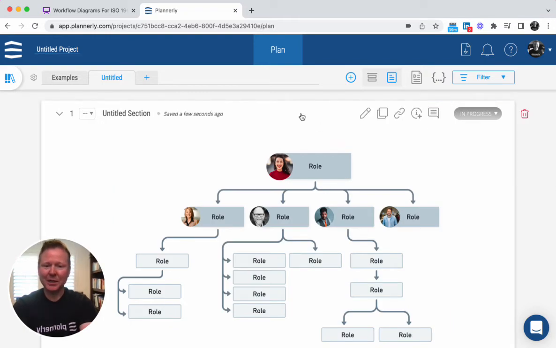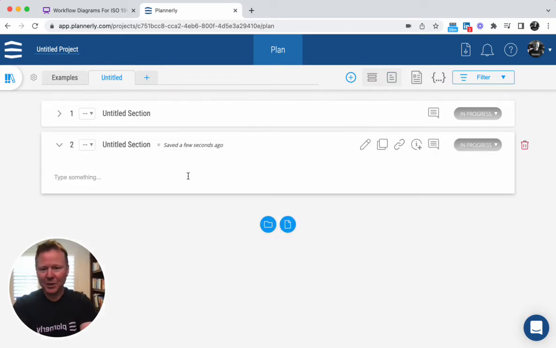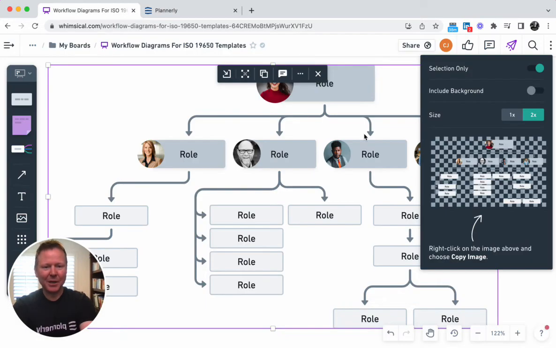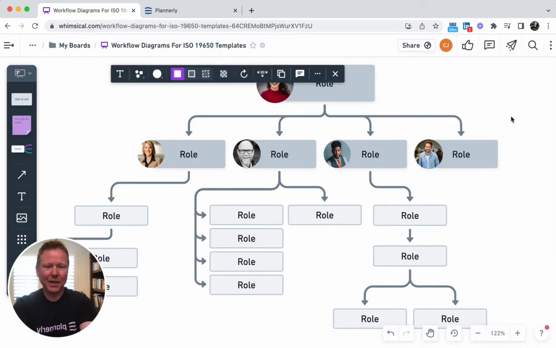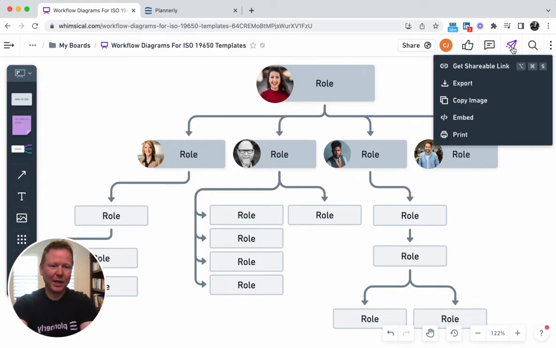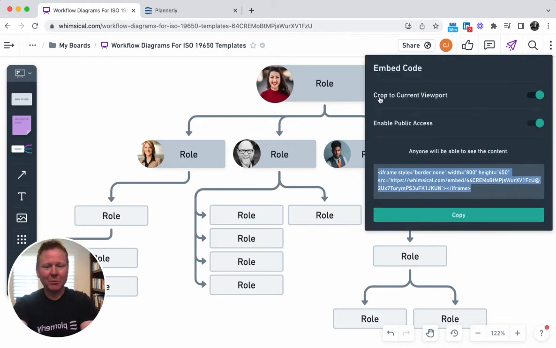So now I've got an image in this section, which is pretty cool, but maybe we want the live image so that it's updated as the updates inside of Whimsical occur. So inside of the second section, instead of just copying this image, I'm going to go to the top to that paper aeroplane again, but I'm going to embed the code from this view. So when I click embed, it gives me a couple of options, making sure to crop to the current viewport so I only see what is visible in this viewport, enabling the access to be public so everyone else can